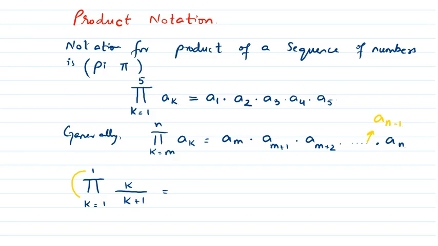So here the span of the product starts from 1 and it is ending at 1. So the total number of terms going through the product process is just 1, right? Because it is starting from 1 and ending at 1, I have to plug in only a single value of k here, that is in fact 1. So 1 over 1 plus 1. Nothing is going to be multiplied with it, क्योंकि second term यहाँ पर है ही नहीं, एक ही term के ऊपर operate कर रहा है. So this is simply going to be 1 over 2, right?